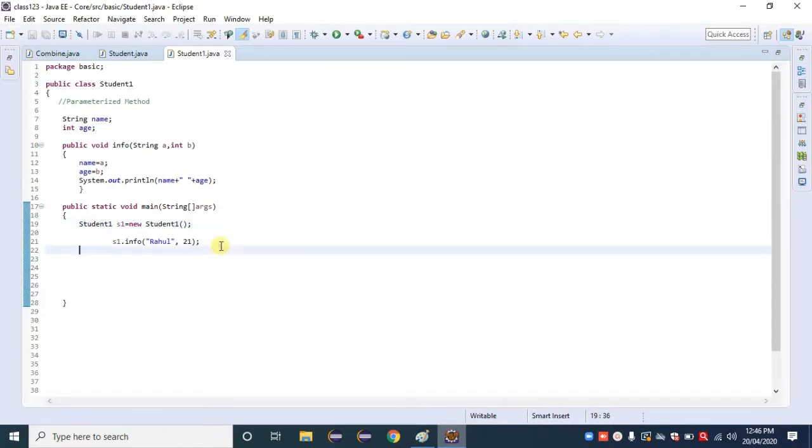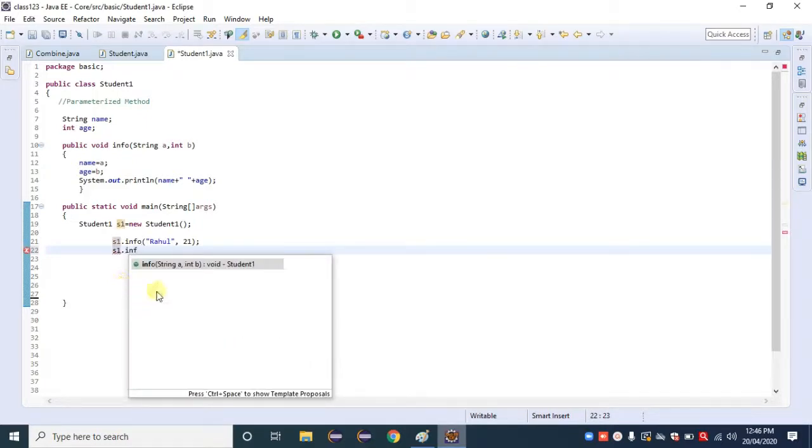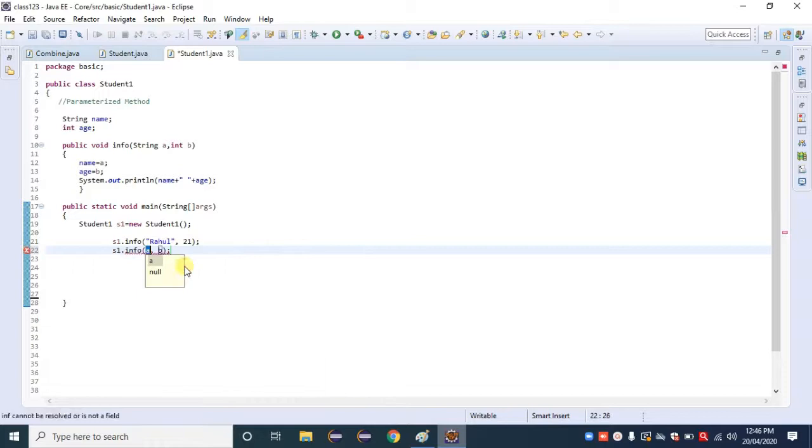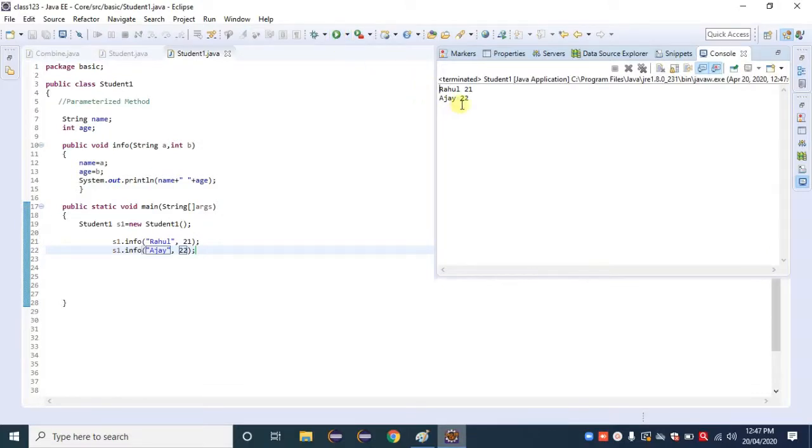Suppose we give another piece of information, or deliver another value. Suppose I use the same reference variable, s1.info, and I give Ajay and 22. Simply execute that again. We get the output Rahul 21 and Ajay 22.